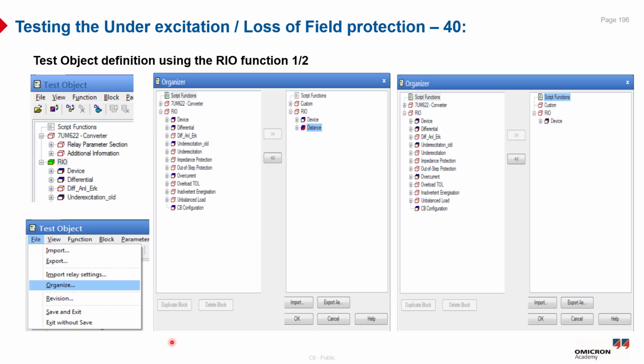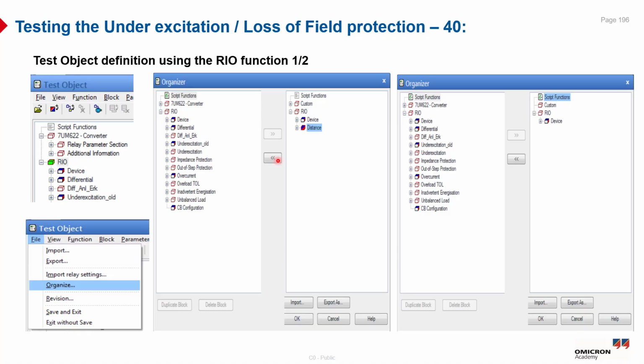So it's important also not to import the RAW file directly into the test object definition, since this would overwrite all previously entered data. Instead, we can use the organize features, as you can see. So this organize function from the file menu opens a dialog showing both the existing X-RAW and the RAW file. From there, highlight the appropriate distance function block and integrate it into the current test object from this